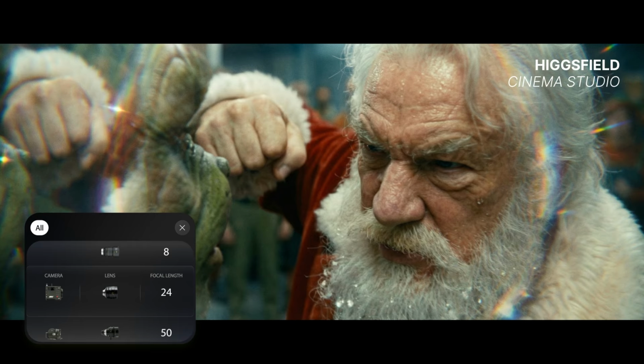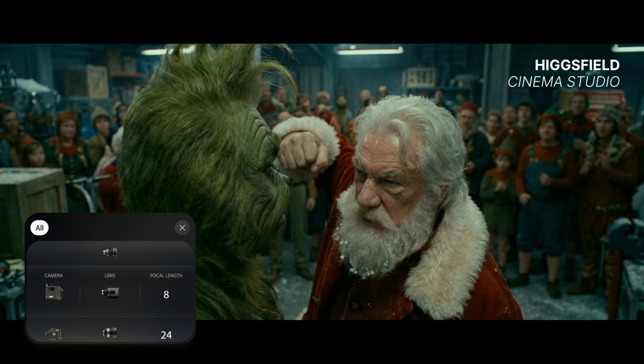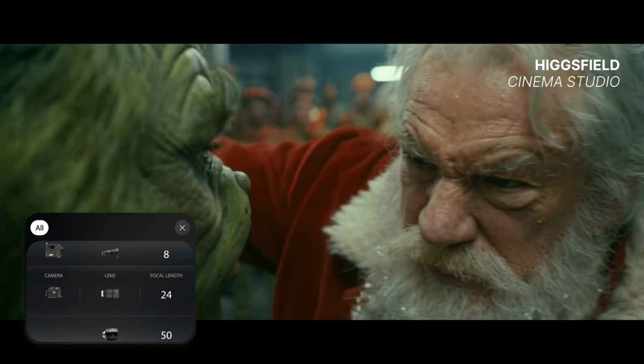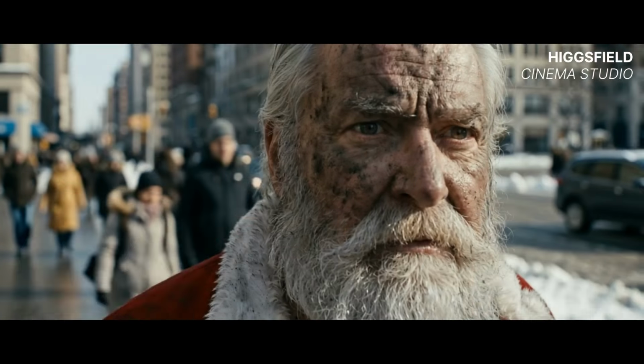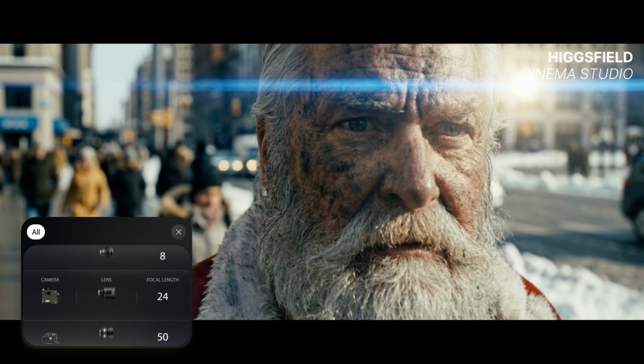Whether you're a filmmaker, a creator, or a brand, cinema is no longer exclusive. This is not automation. This is amplification. Create less, direct more,